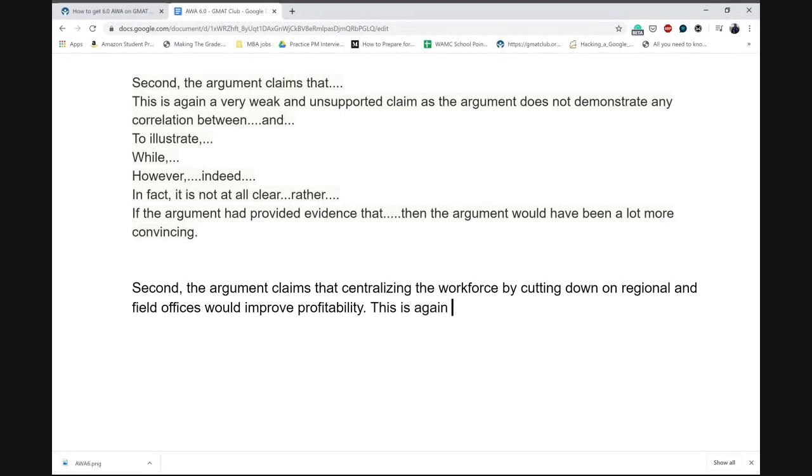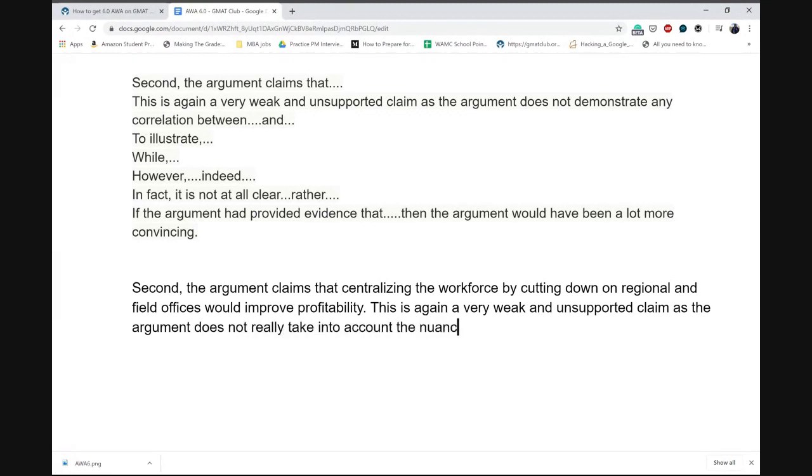This is again a very weak and unsupported claim, as the argument does not really take into account the nuanced issues that concern building or expanding to new units. To illustrate,